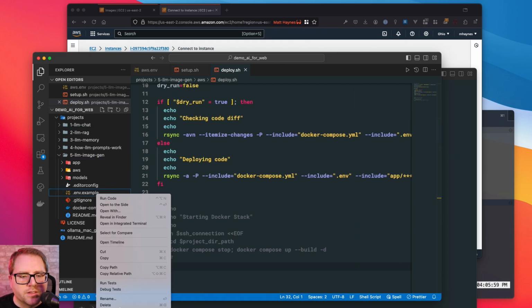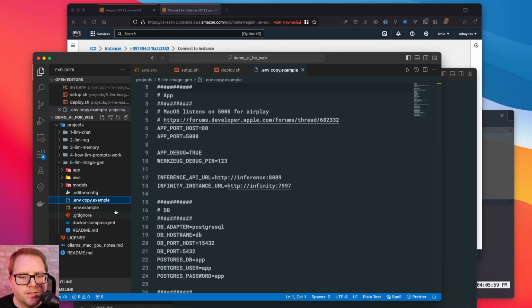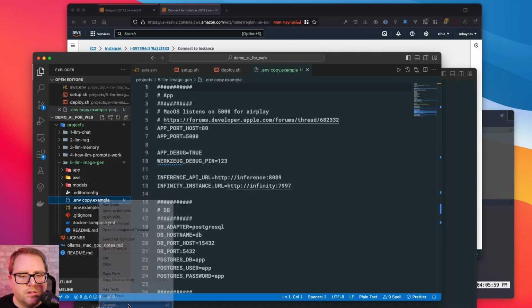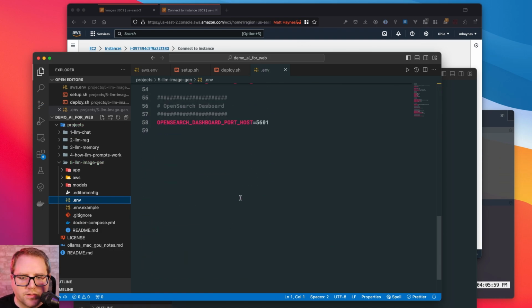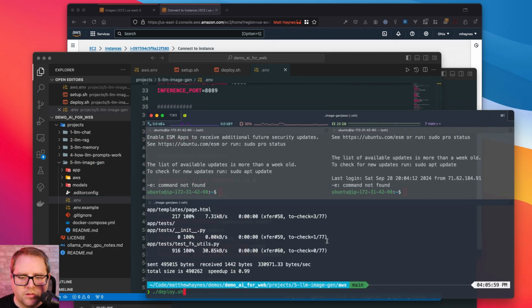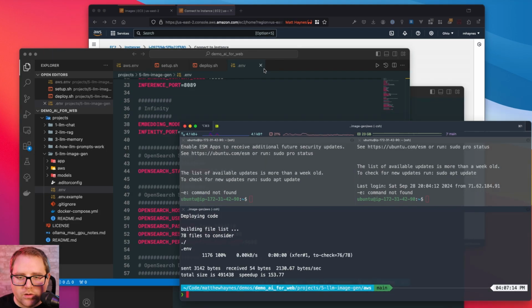Yep, because I cloned this, we need to set the environment. So paste, rename. All right, let's make sure this is the right one. 5.3, yeah, that looks good. All right, so now if I do deploy, it'll copy .env. And now if I go back here,